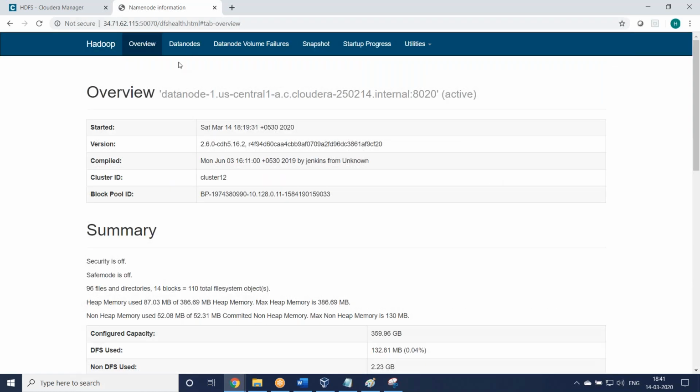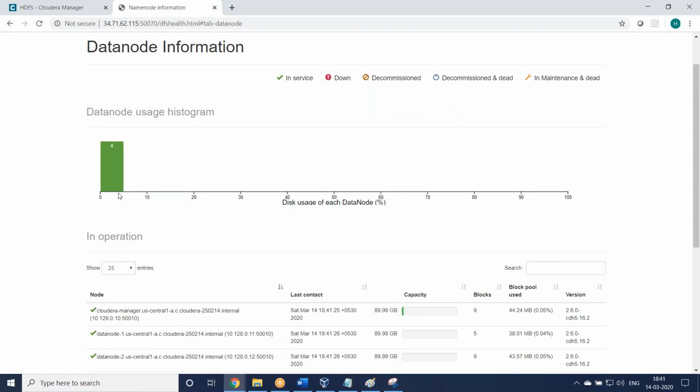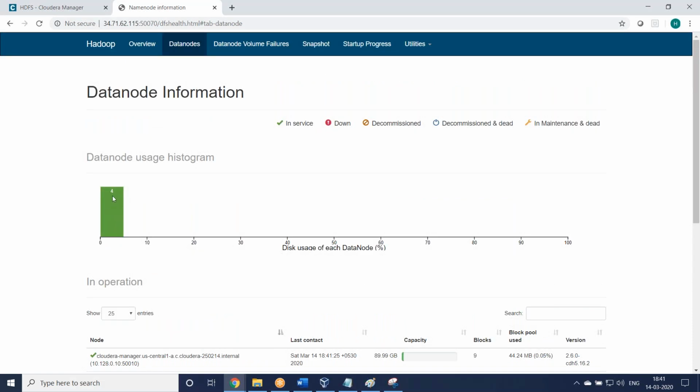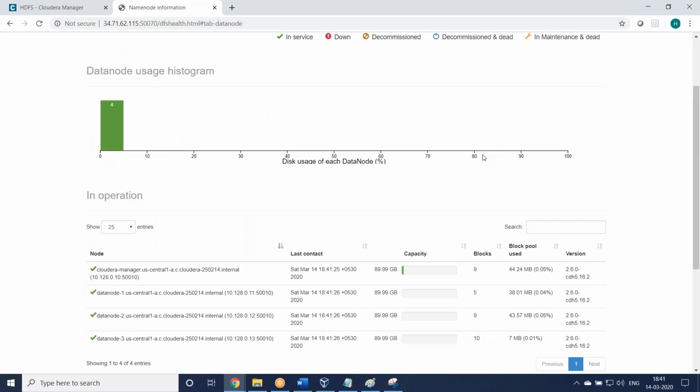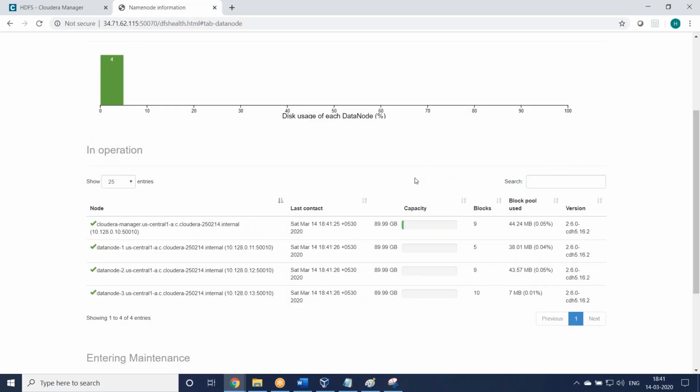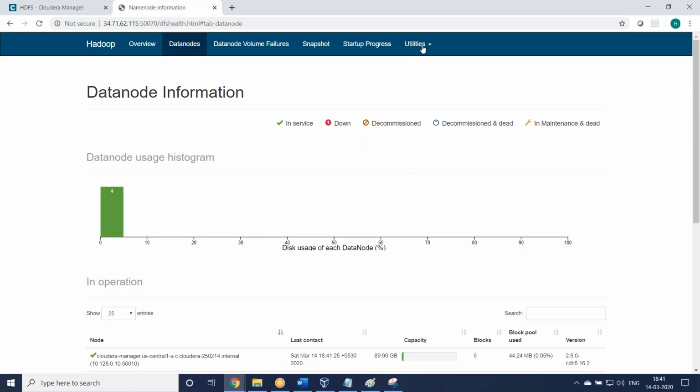Then we can go tab by tab. How many data nodes have we configured? Only 4 data nodes. For every data node you see the blocks this way. If you want to see the files, what files did you copy?